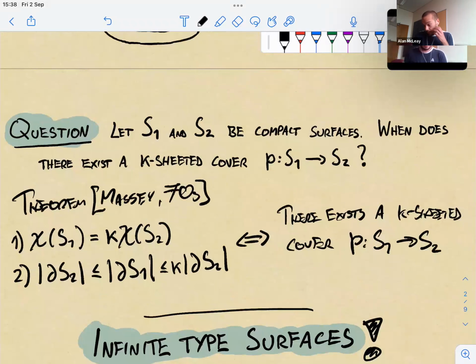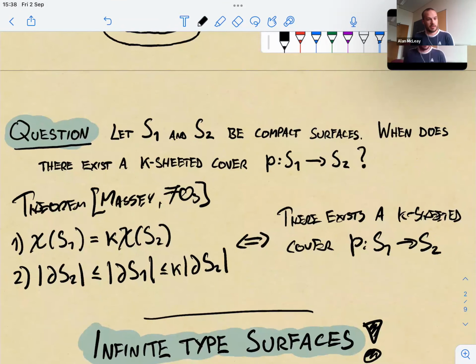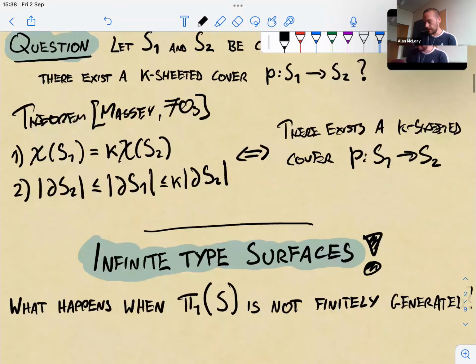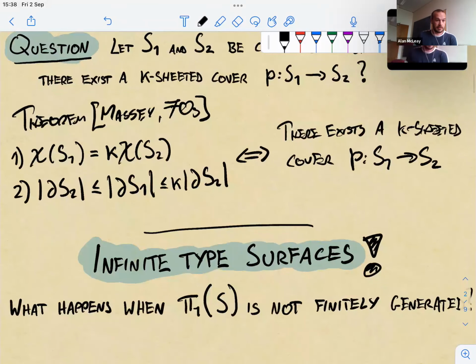So that's great, that's really useful, and knowing things about finite-sheeted covers is good, because then you can inherit a lot of tools, I guess. I don't know much about this, but a lot of tools from the more group theoretic world of things like commensurability classes of surfaces, which just inherits the definition of two groups being commensurable. Okay, so that's a great result of Massey, and it uses the finiteness of the surface with this other characteristic,